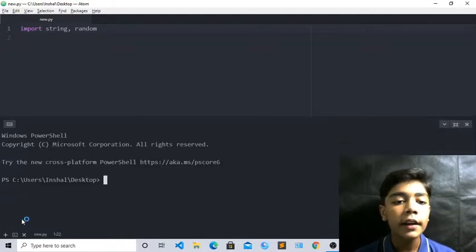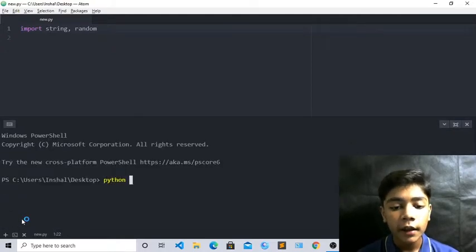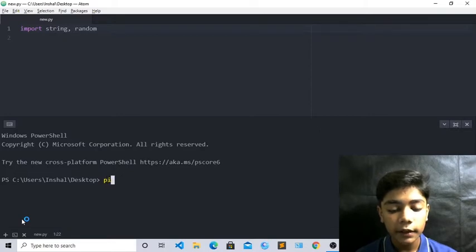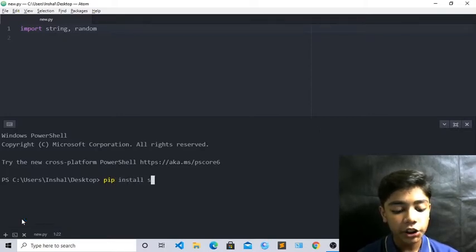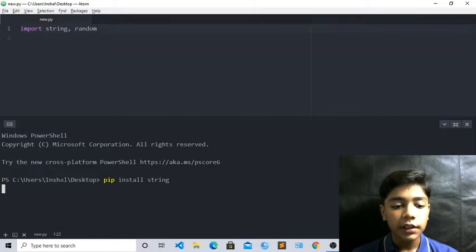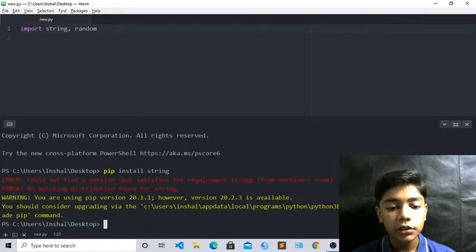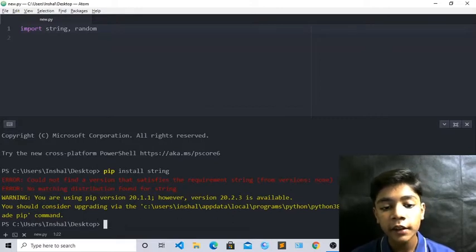Now come over here again and write Python, and now just erase this Python, write here pip, and now you have to write install again. Okay, and write here string. Okay, just write like that. Now you can see it has stopped. Now you can see a red error is coming. Okay, this is saying that there is no latest version of string and you have already downloaded it, so why are you downloading it again?